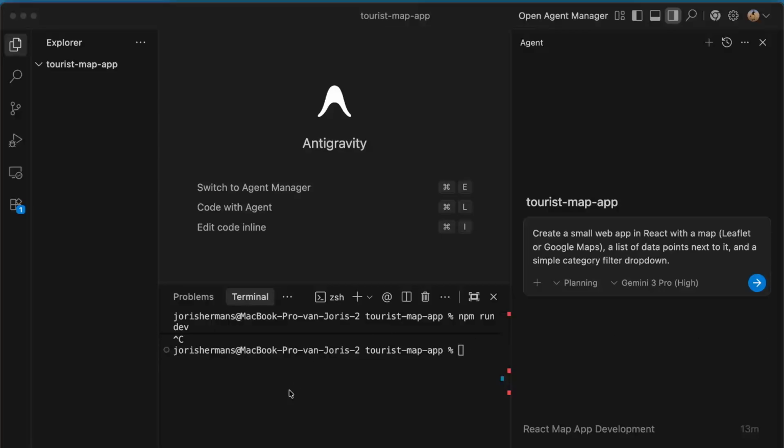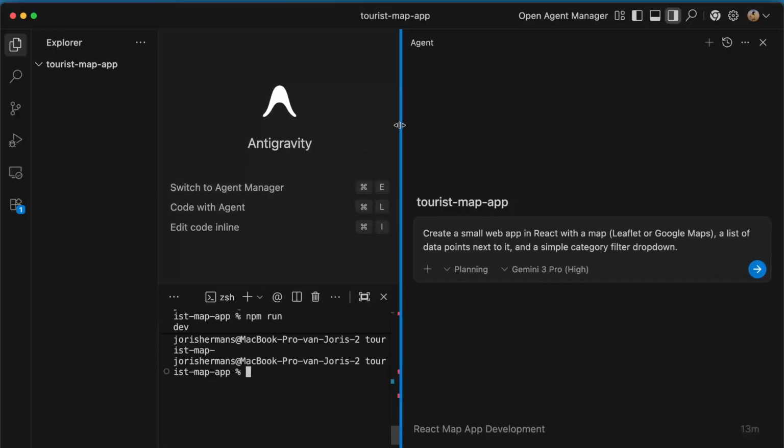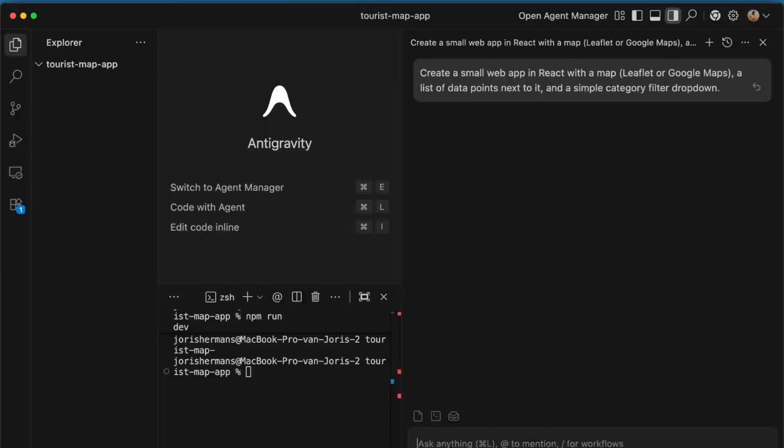So we have here a terminal that we can very easily use. We have here our agent, so we can ask it to do certain things. In this regard, I'm going to ask: create a small web app in React with a map, a list of data points next to it, and a simple category filter dropdown. So if we click on this,